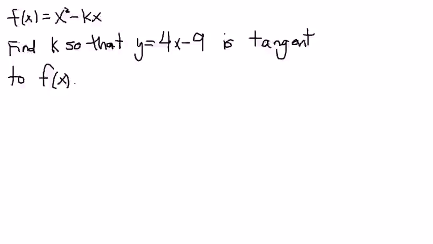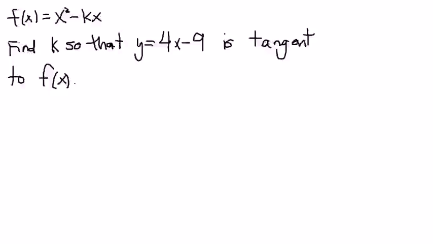You've studied how to take derivatives, you've studied what the tangent line is, you've studied how to find the tangent line at a point, but this is just kind of weird. We're given the tangent line, and we're given a function that has one piece of the function undetermined, and we've got to figure out that piece to force this line to be tangent to the function. The concept at work here is